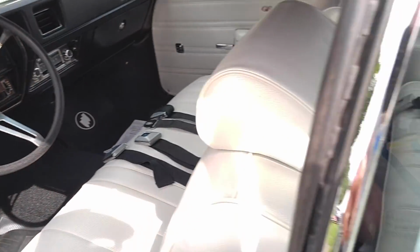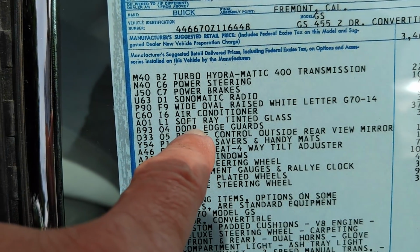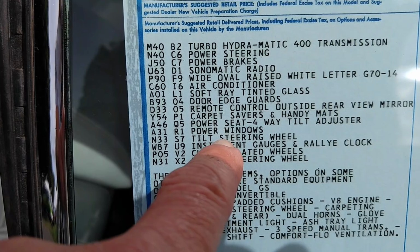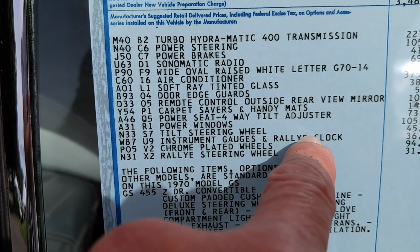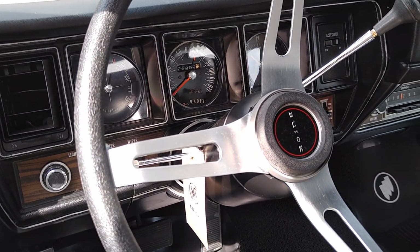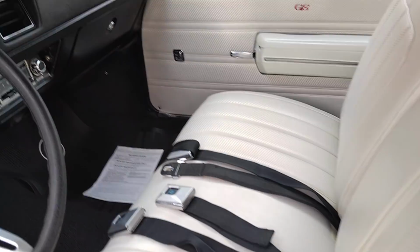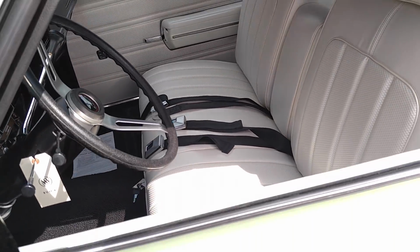Didn't it say rally pack here? Wait a minute. Sonomatic, wide oval, air conditioner, soft ray, remote, carpet savers, power seat, instrument gauges and rally clock. I don't see them. I see a fuel gauge and a clock. I don't see any engine instrument gauges. I see power windows. I see a beautiful shiny white parchment interior and remote control sport mirrors and lots of